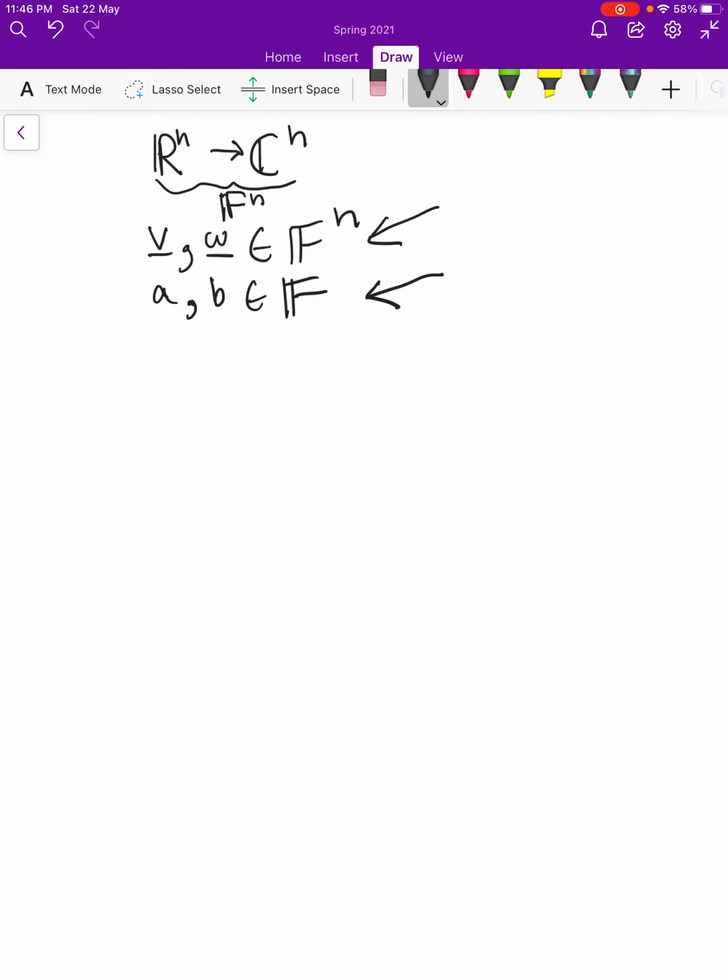And now what a linear combination means is it's something in the form of av plus bw,